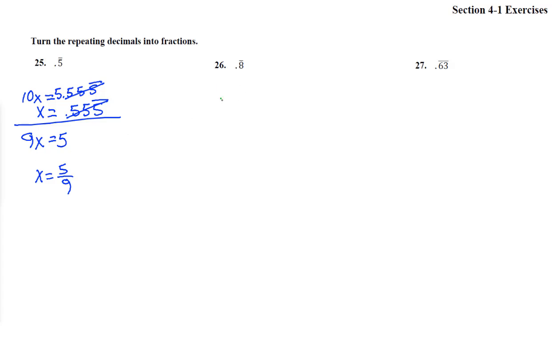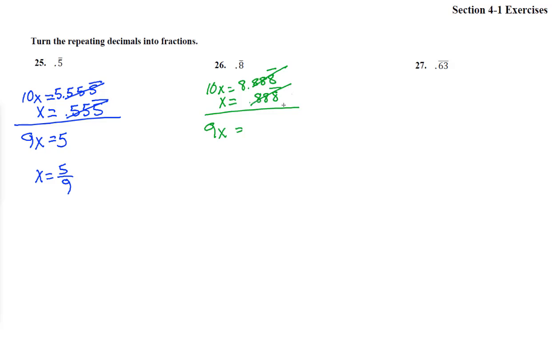So again, let's write out the number that we actually want is 0.888. We'll use 3 of them for illustration purposes. Times by 10 to get past the repeating pattern, and we get 8.888. Notice we just moved the decimal one place, and we still have that repeating pattern going out forever. Subtract them, and we get 9x equals